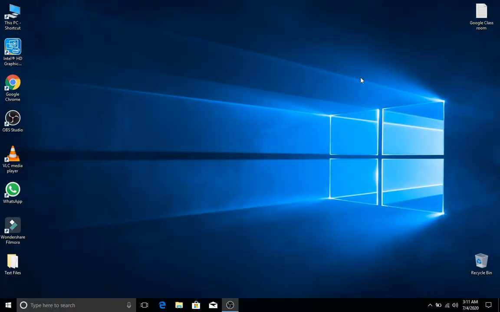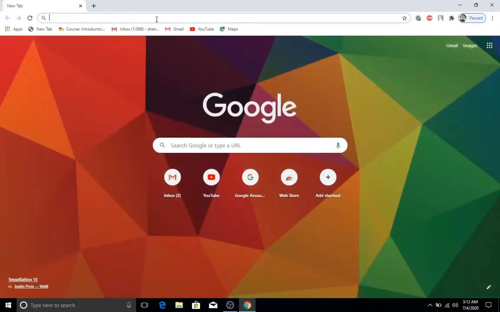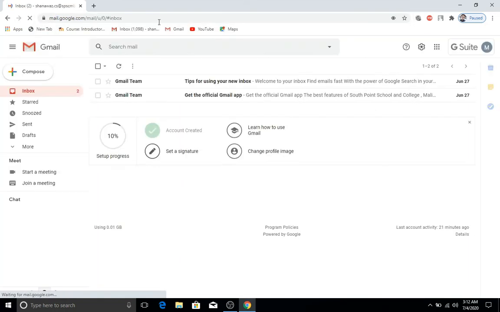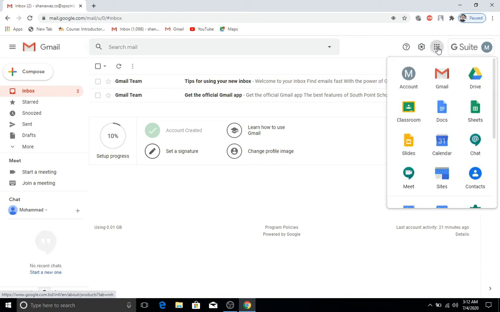After collecting this, she needs to log into her Gmail account. After logging into the Gmail account, click on Google apps, then log into Classroom.